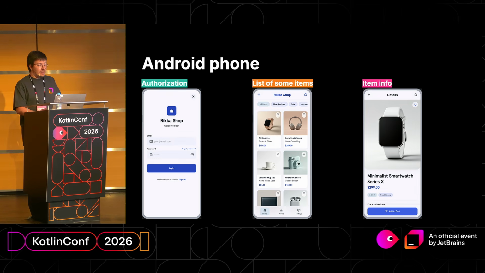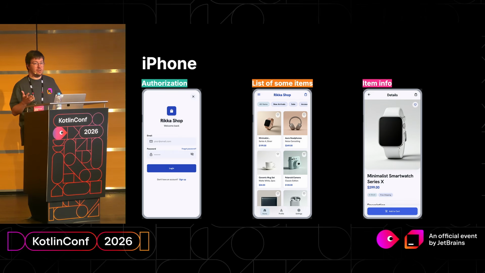It is easy to imagine how it should work and look on Android, right? Because everyone uses a mobile device, and typically Kotlin works well on Android, and everyone knows how to implement such screens on Android. And regarding iPhone, there are no big differences, right? Because users expect the same application in the same form factor, maybe with small features like, I don't know, the overscroll effect